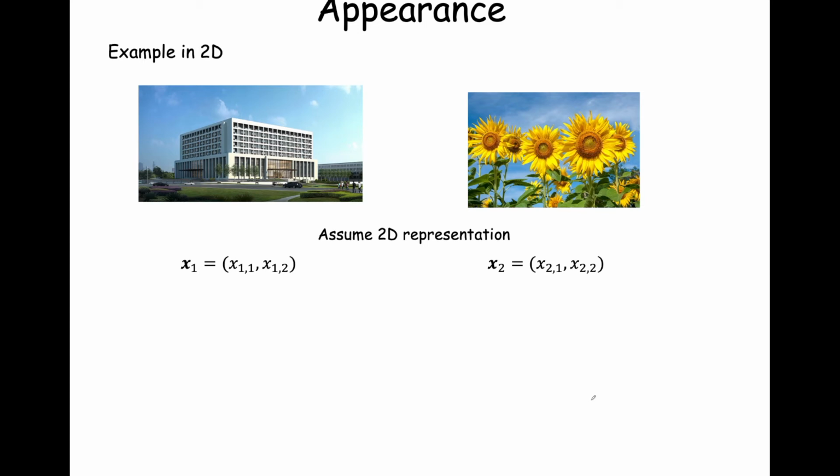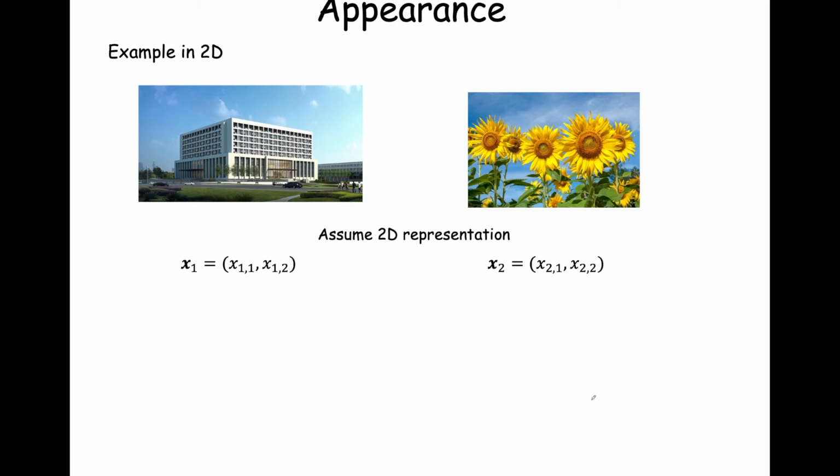Now let's assume we had a 2-dimensional representation, and it doesn't matter what the features are per se. You can imagine just one color feature, which is the average of all the color values across red, green, and blue, and then we have the average edge orientation for each of the images. So it doesn't matter how we've computed these features, these 2 vectors. What matters is that we have some vector representation, and I'm choosing 2 just because it's easy to talk about